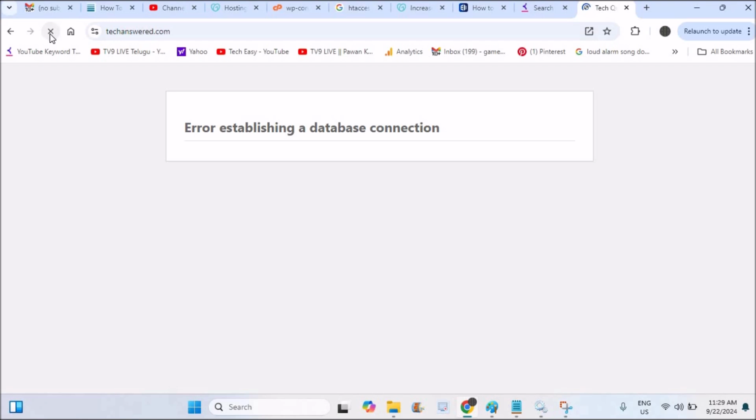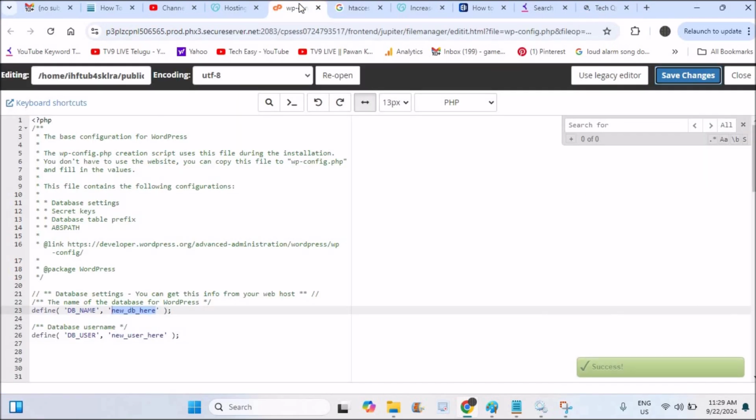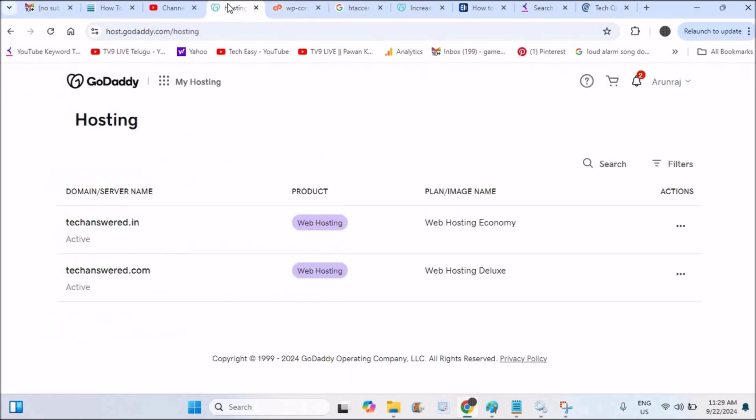And the second case is also very important. I will tell you that one. Okay, the site has been loaded. First of all, if you don't set up the database connection, in that case also you will get this error. First of all, I'm going to the hosting provider, which is my GoDaddy, and I clicked on products